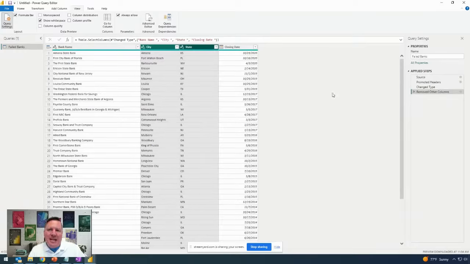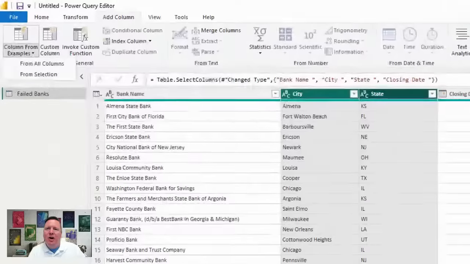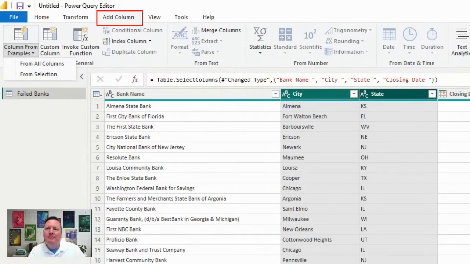The column from example feature can be found by going underneath the add column tab found right here. After you expand the add column tab, you'll select column from examples and then from all columns right here. Okay. I'll keep this on my screen for a few seconds, but again,